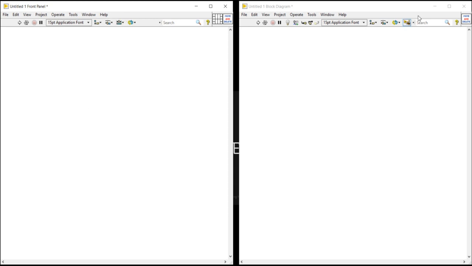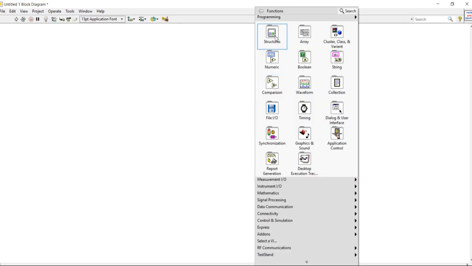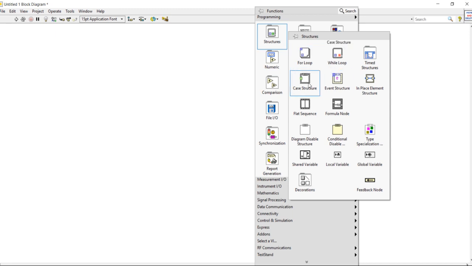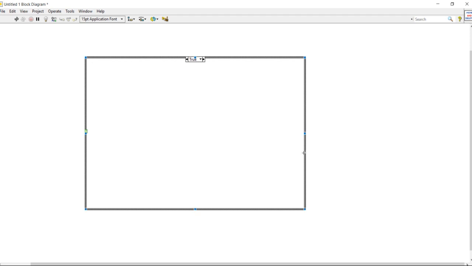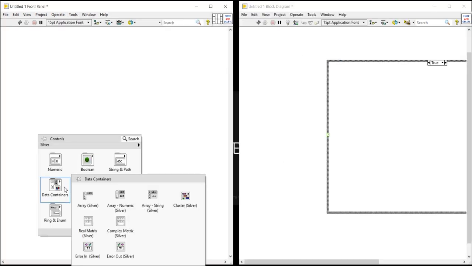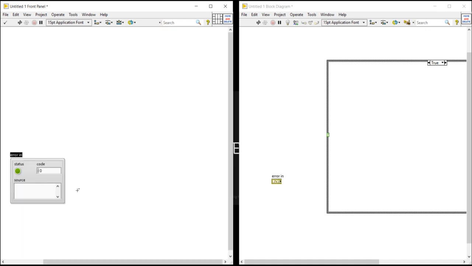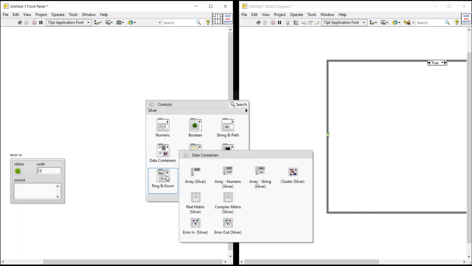So let's start. Come into the block diagram, take a case structure. Right click in the front panel, take error in and error out.